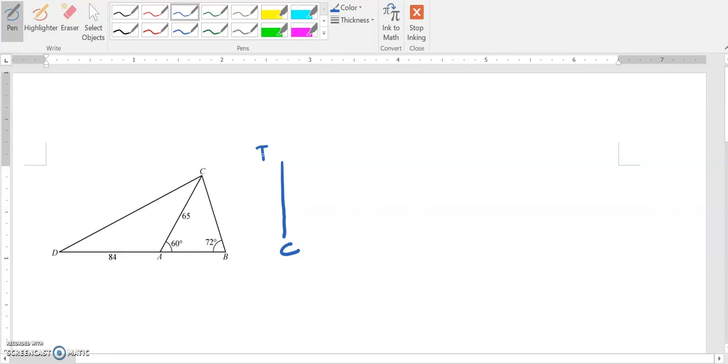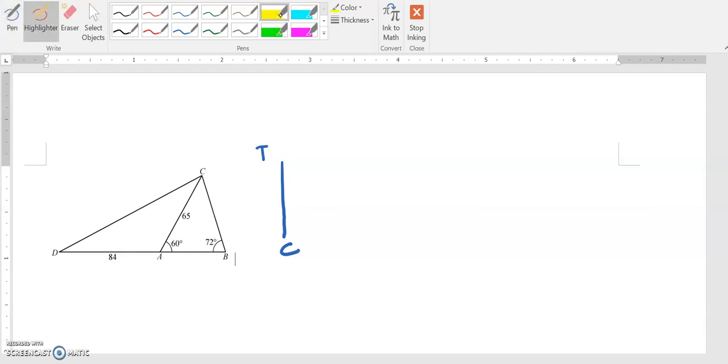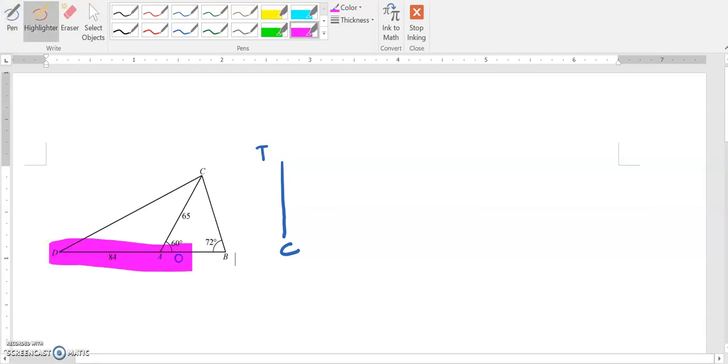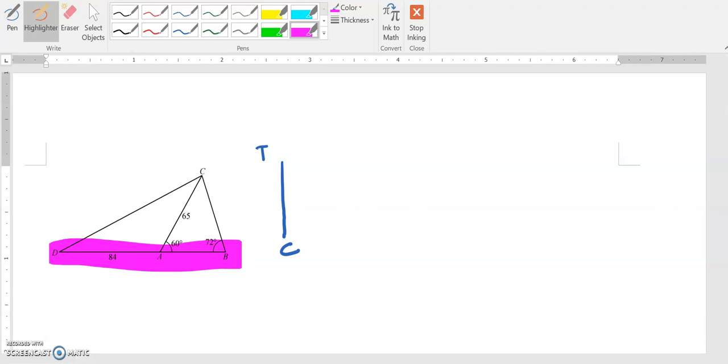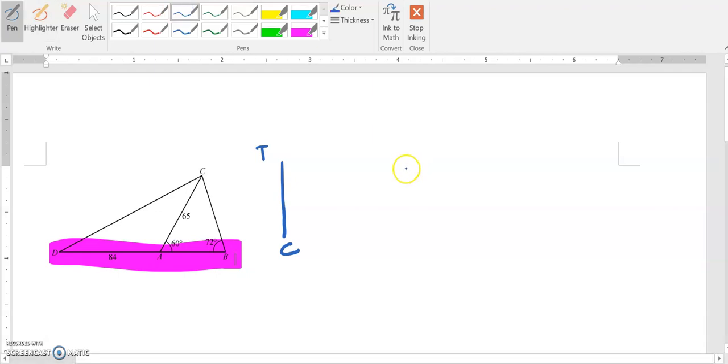Question wants you to find the greatest angle of elevation of the top of the tree from a point on DB. A point on DB, we're talking about this red one here. In order to form the greatest angle of elevation, right? The greatest angle of elevation happens only when you are nearest to the tree. So let's put a note down. Greatest angle of elevation will only be achieved when you are